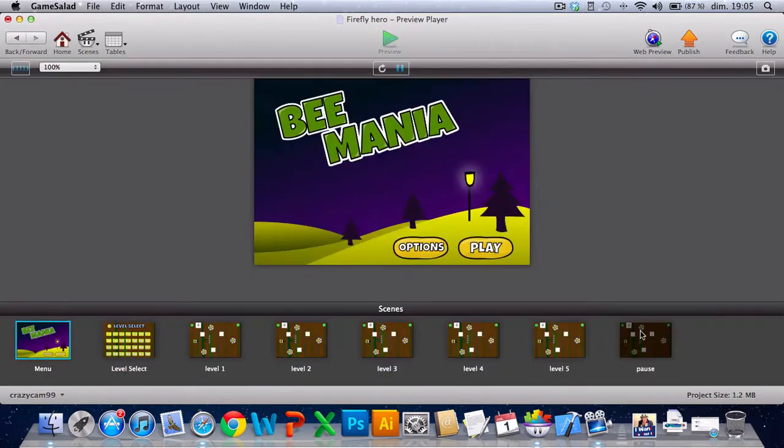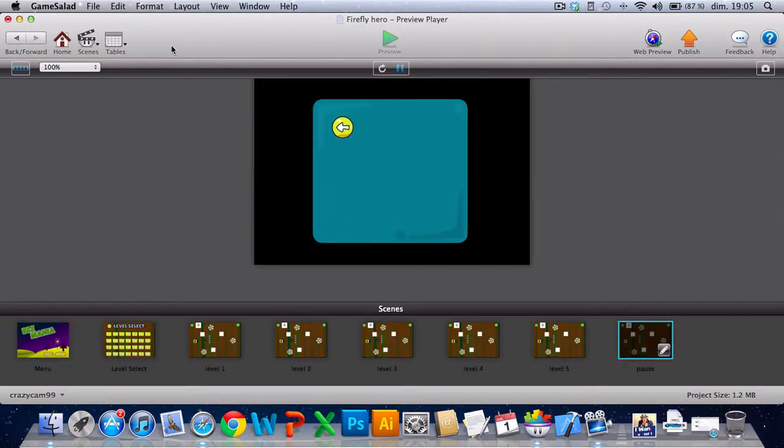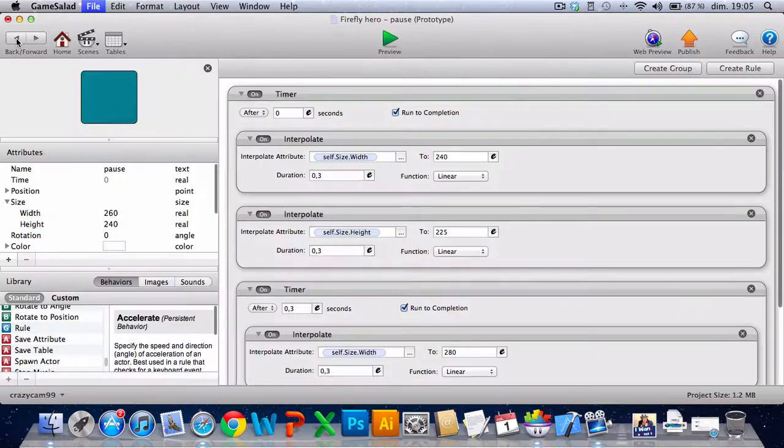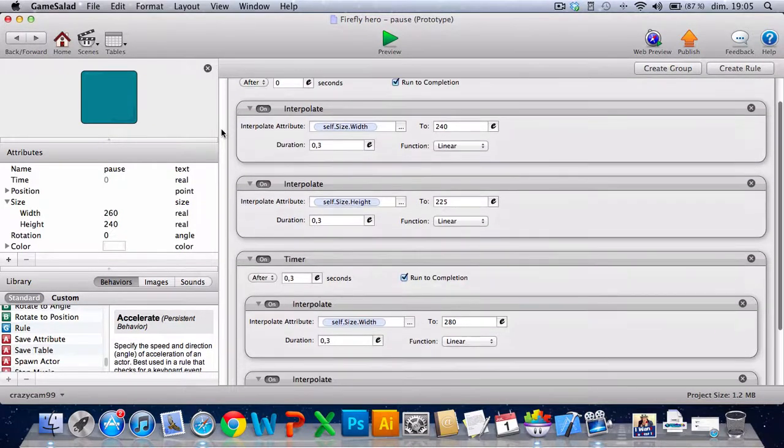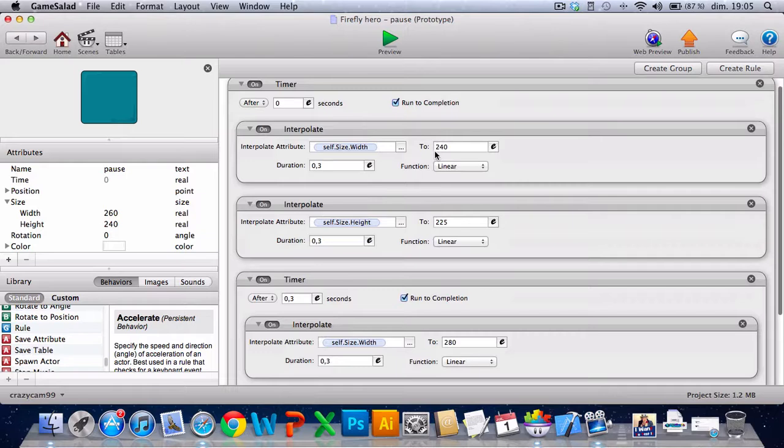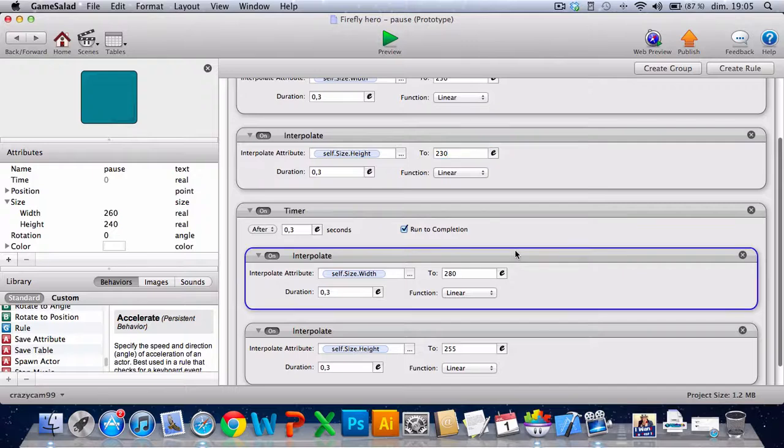Now I'm gonna click preview, and you see that. I just thought that was a bit too small, so we're not gonna take off 20, we're gonna take off 10, so it'll be 150. And here we're gonna do 30, and after